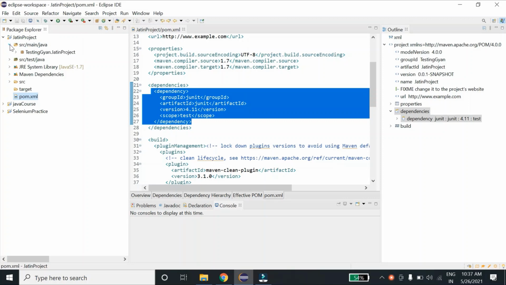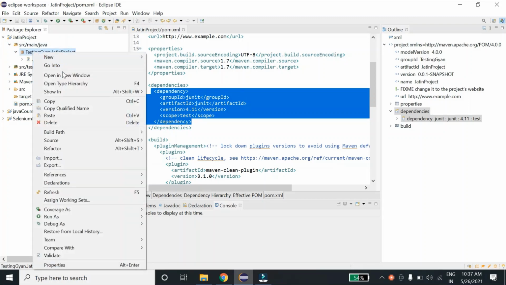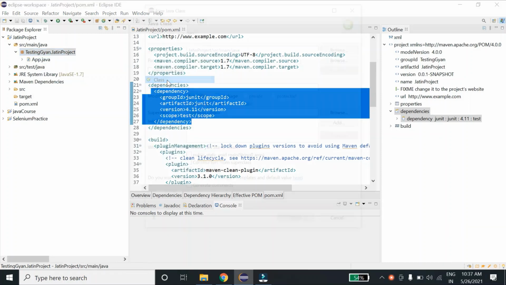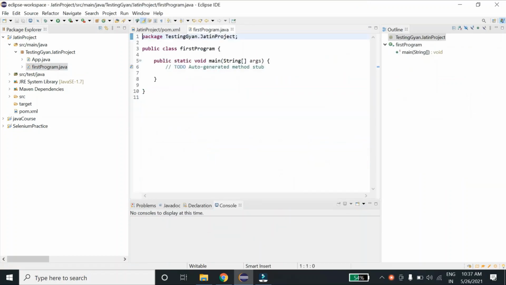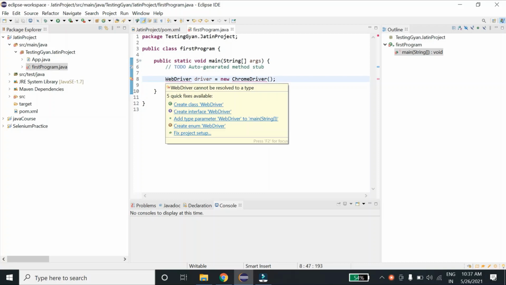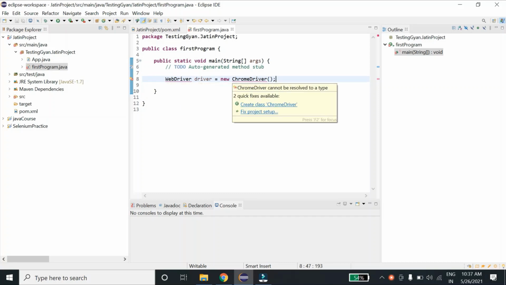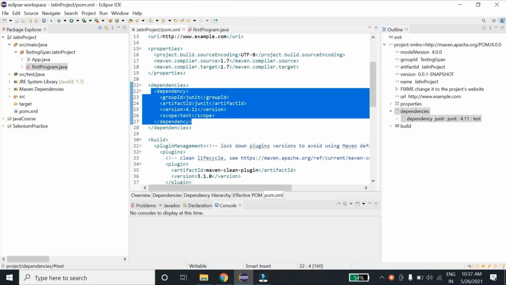If I create one class over here, first program, and if I write driver equals to new Chrome driver, it is giving me an error, and it is not giving me an option to import this WebDriver or even this Chrome driver. So for that, what we'll do, we'll just define the dependency over here, and Maven will do the